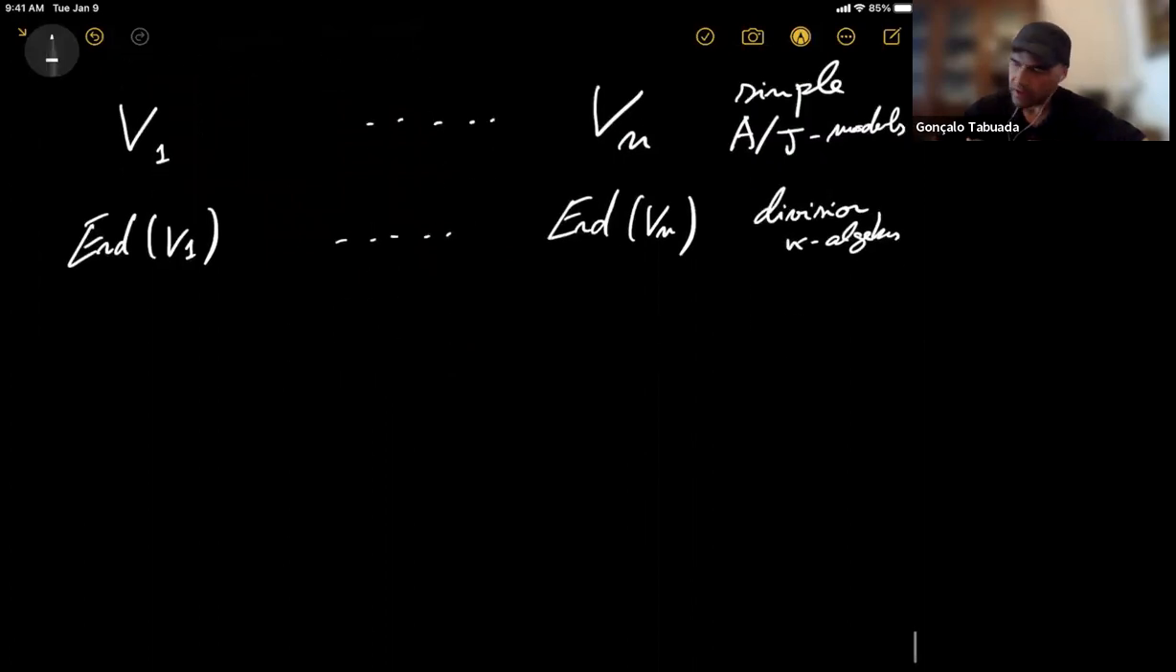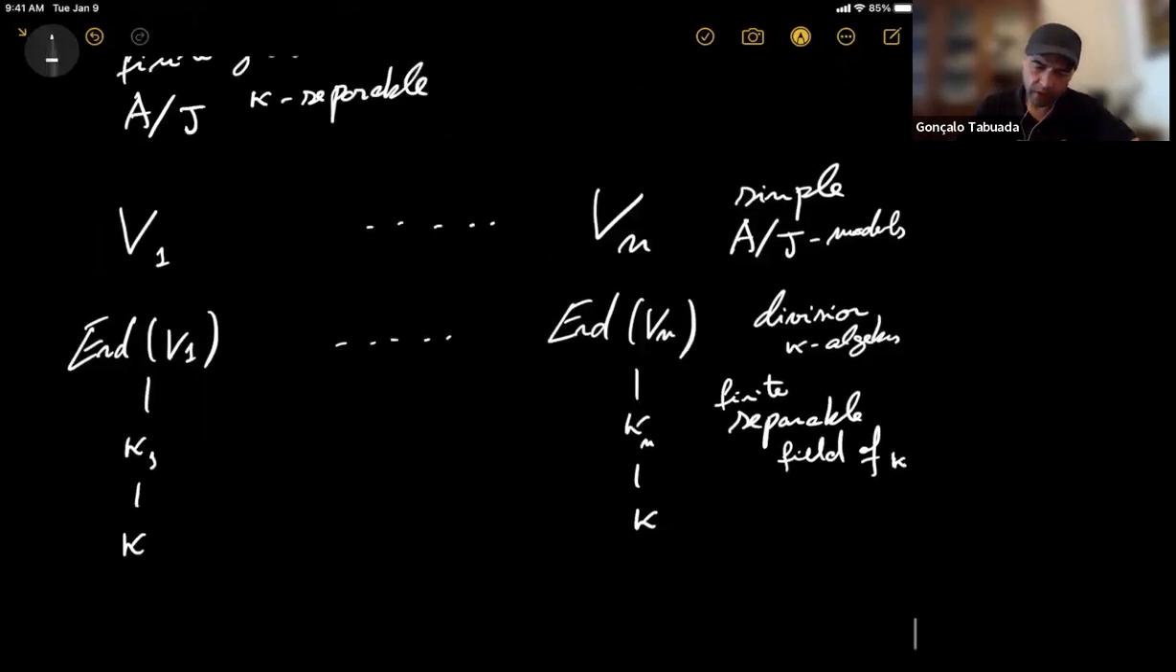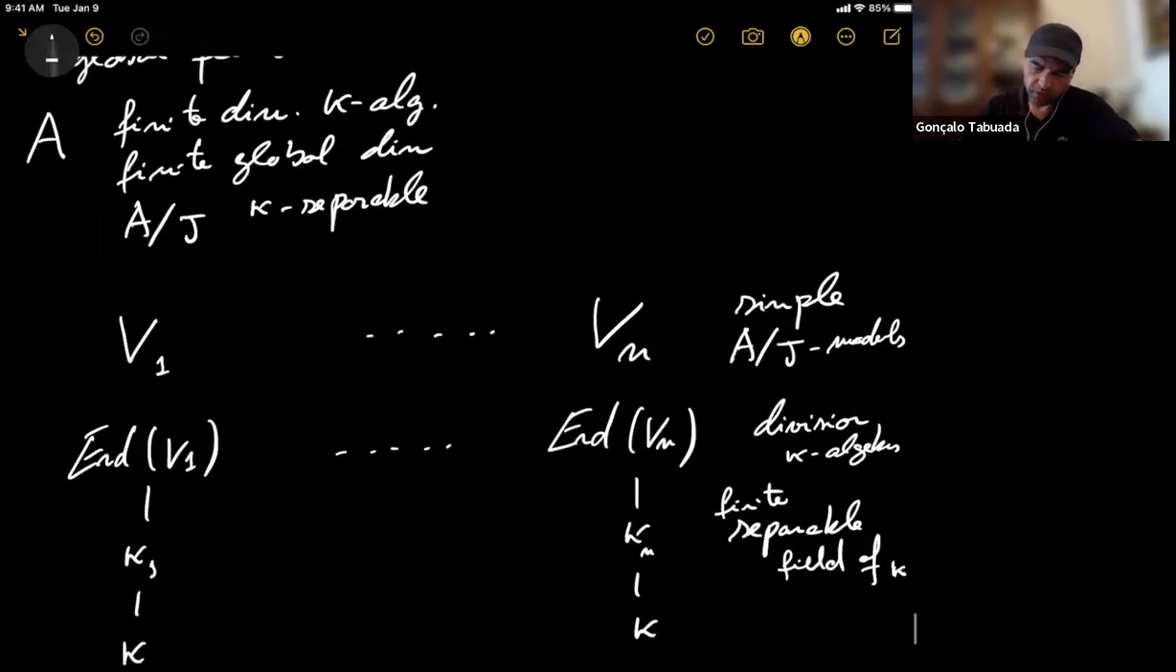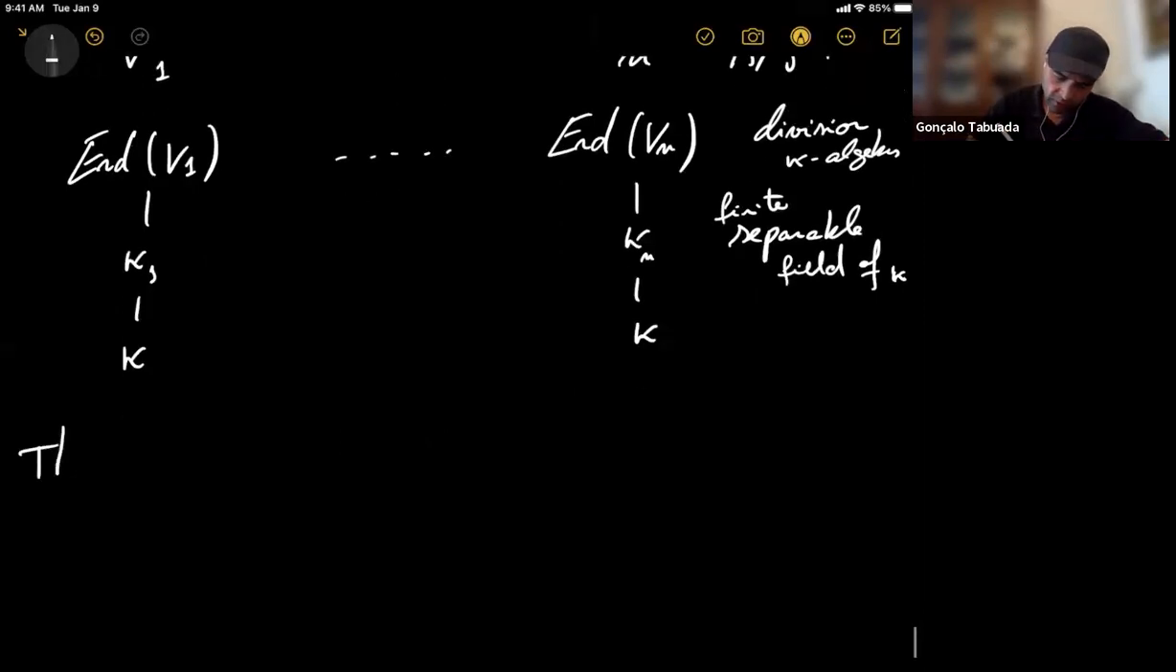And then if they are division K-algebras, I can look at their associated centers. And these centers are going to be separable. So finite separable field extensions of K. And if you start with any algebra, you look at these finite separable field extensions, and the result is the following: